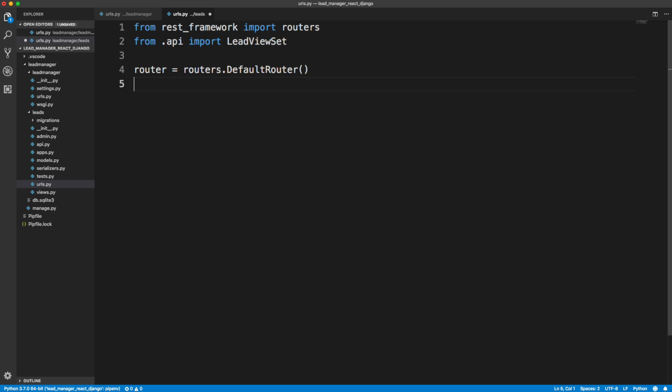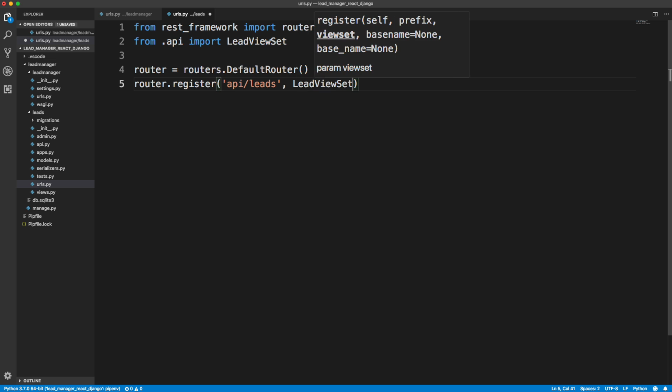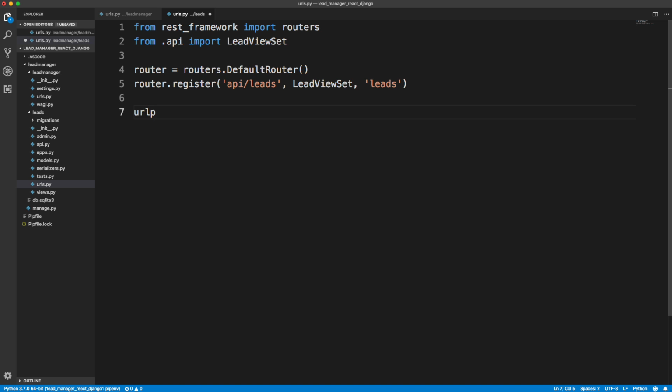And then we're going to set a variable called router to routers.DefaultRouter. And let's say router.register, because we can register our routes, and the endpoint is going to be api/leads. All right, and then we pass in our view set, and then just a name, which we're going to call leads. And then finally for our URL patterns,